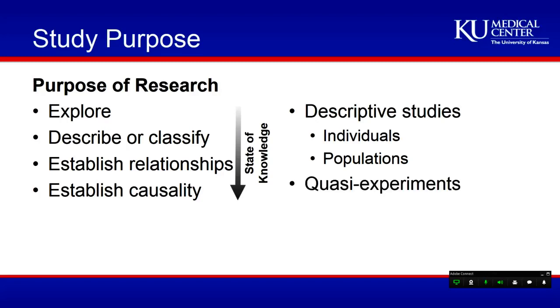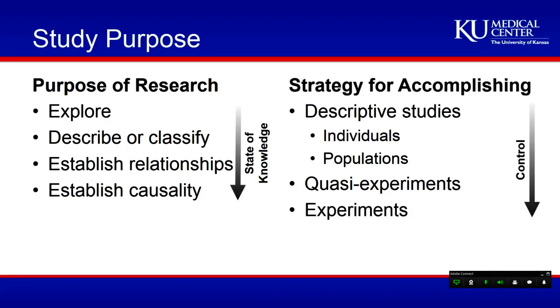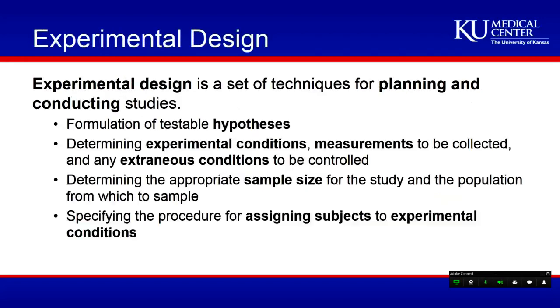The type of study then would be determined by what the purpose of your research is. Should you be doing a descriptive study, an observational study, or should you be doing some kind of experiment, true experiment, like a randomized controlled trial? Obviously, you exert more control over the situation the further down you go, because you're decreasing the ambiguity in your results. You're actually getting stronger evidence using the